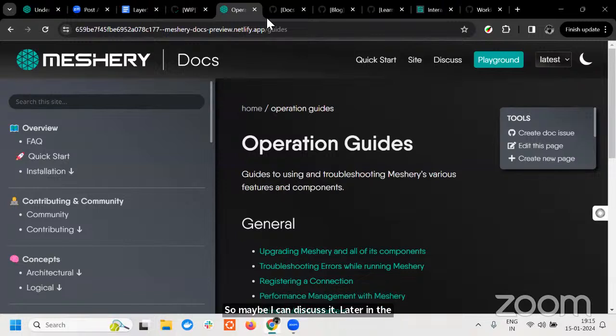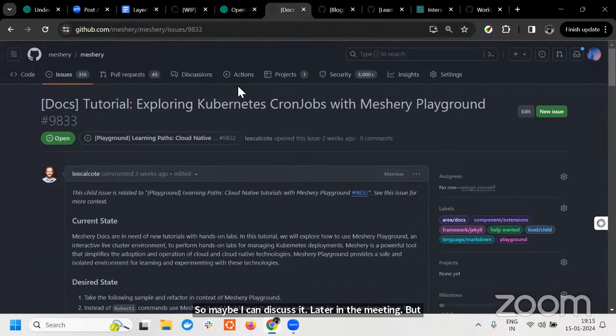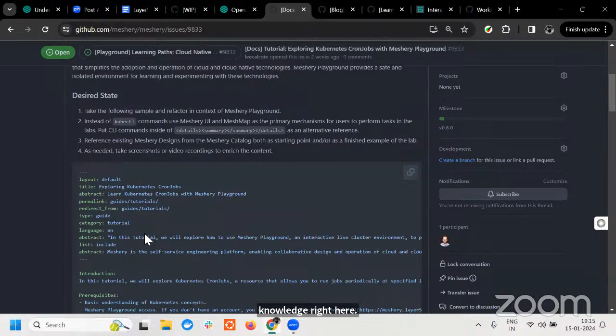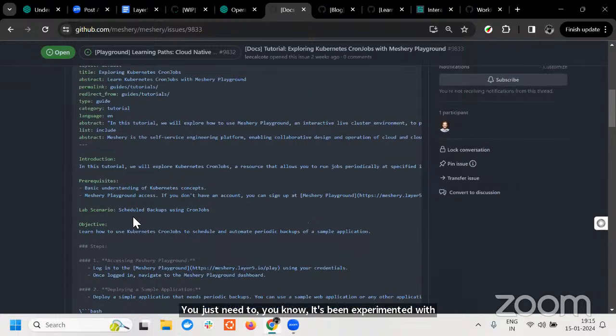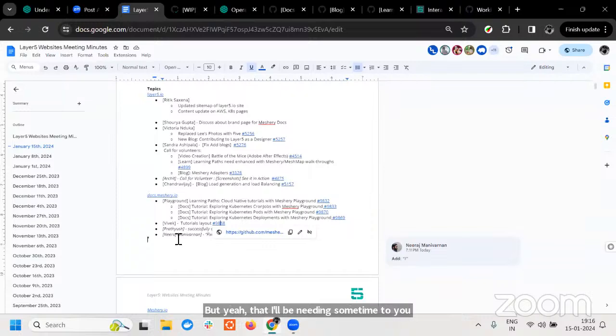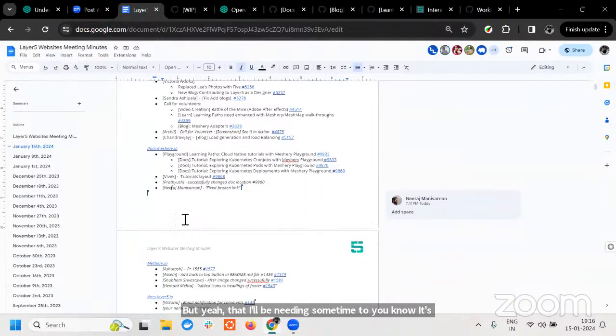But just to demonstrate that you will not need any Jekyll knowledge, you just need to experiment with these things in Meshmap and Meshery Playground, and customize these in terms of how things work and how Meshery is integrating with these things. But I'll be needing some time to spin up the environment. So yeah,